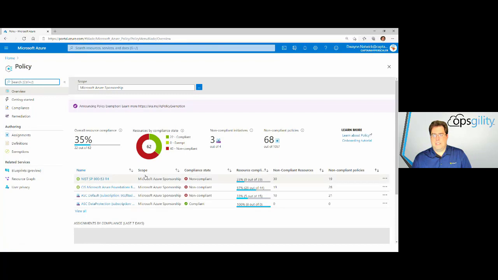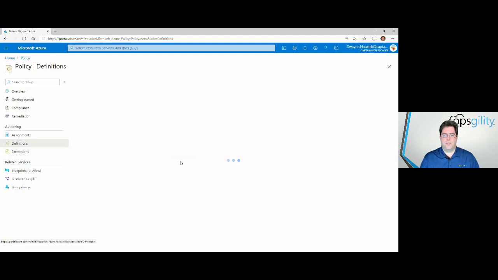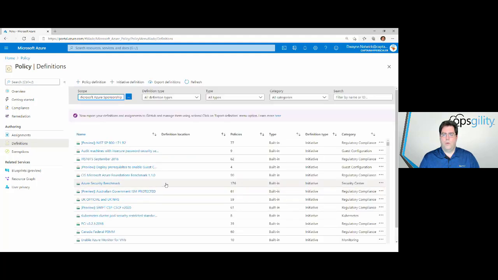And you can see I have some policies already in place here. I have some initiatives in place as well. You generally have this Azure Security Center subscription that comes with your subscription, and then you have some as the default, and then you have your Defender subscription, and we'll talk about that when we get to Azure Security Center in terms of operations. But if we go here to our definitions, we can review our policies and our initiatives,